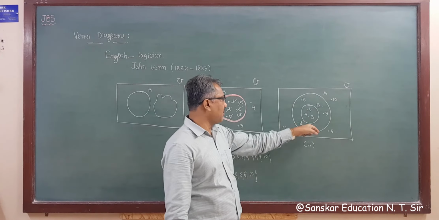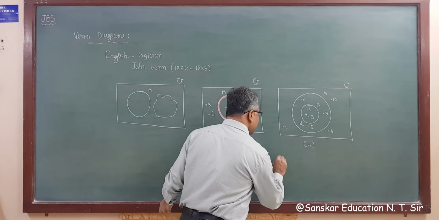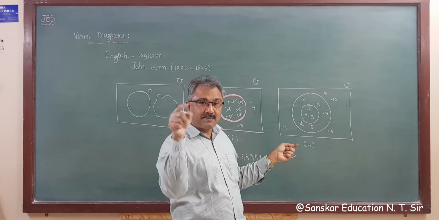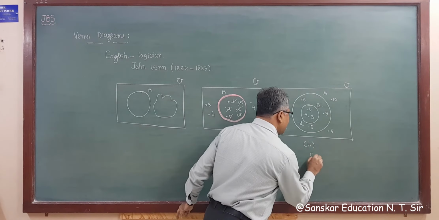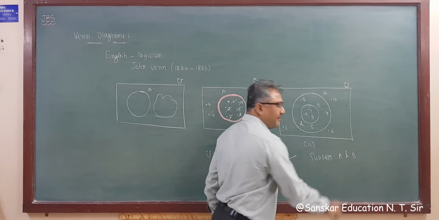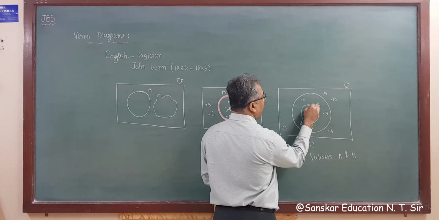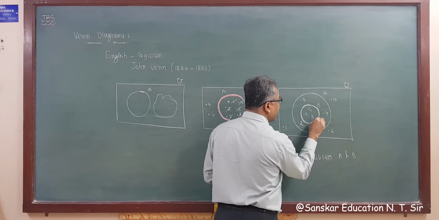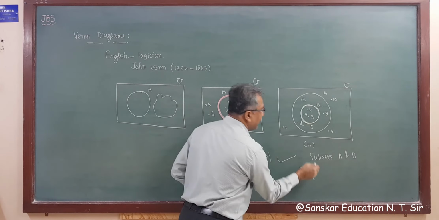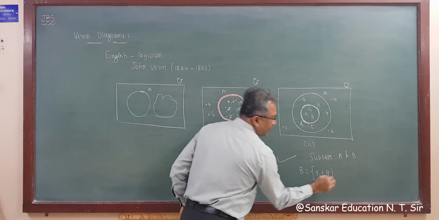Now in this figure also you can see we write 1 to 10, so the universal set is the same here also. This is 1 to 10. Now it has two subsets, A and B. Now set B contains these elements. Only these elements are in set B. So set B has elements 3, 4 and 9 only.